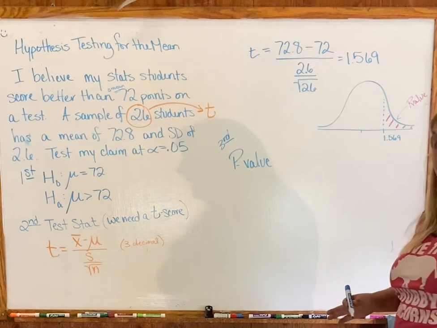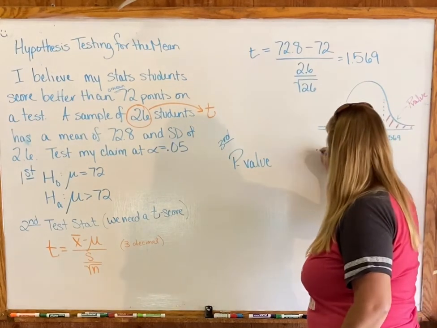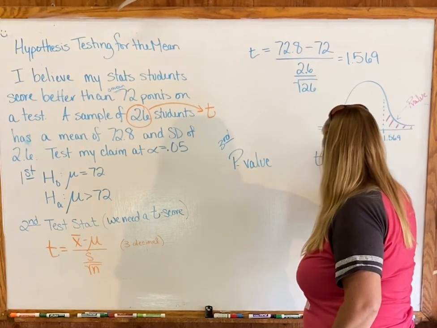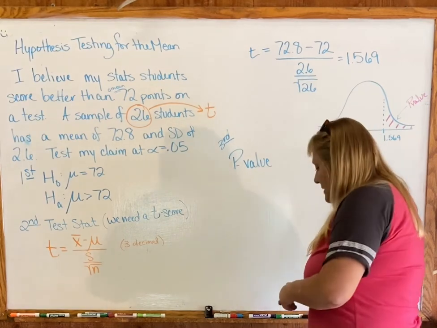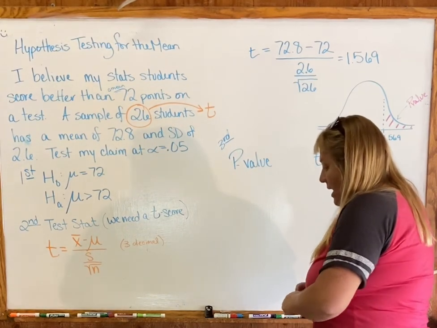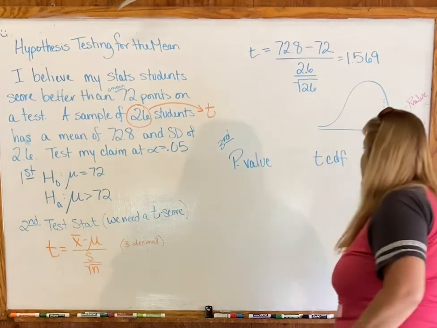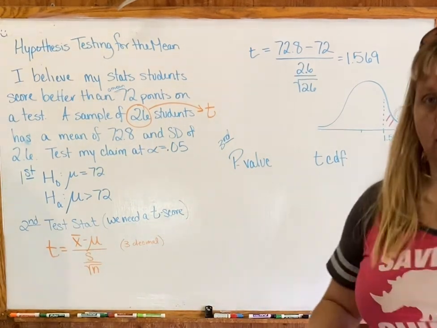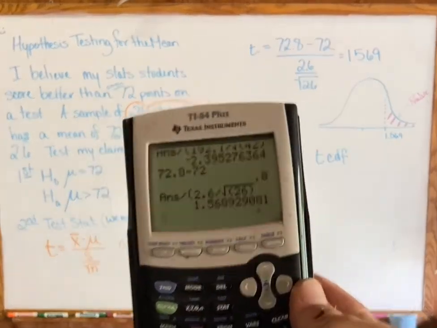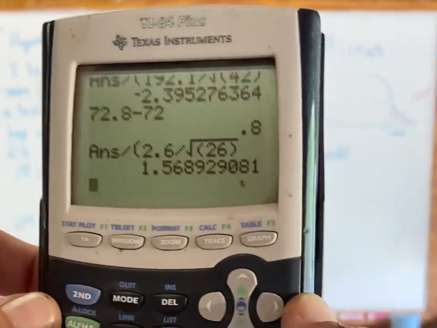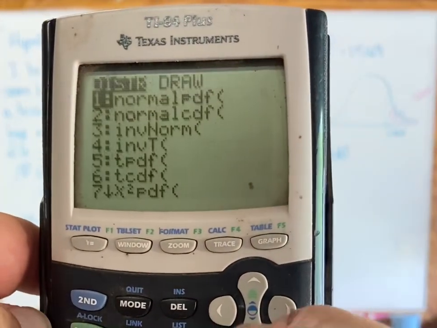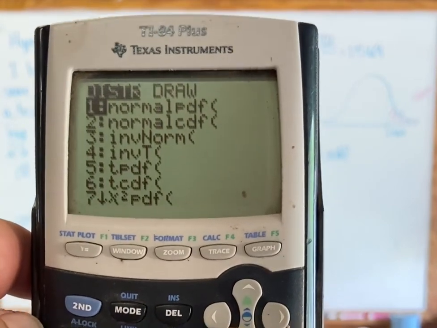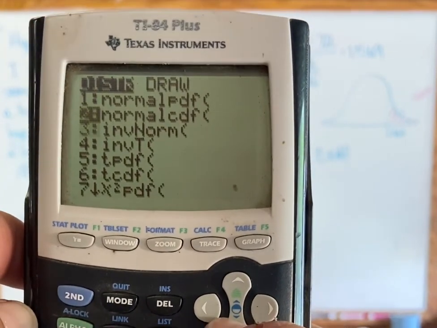So on your calculator, what we need to look for is the t-CDF. The nice thing about the t-CDF is it's right next to the normal CDF. So let me show you here real quick. If we go second distribution, like we've done time and time before, here's the normal,